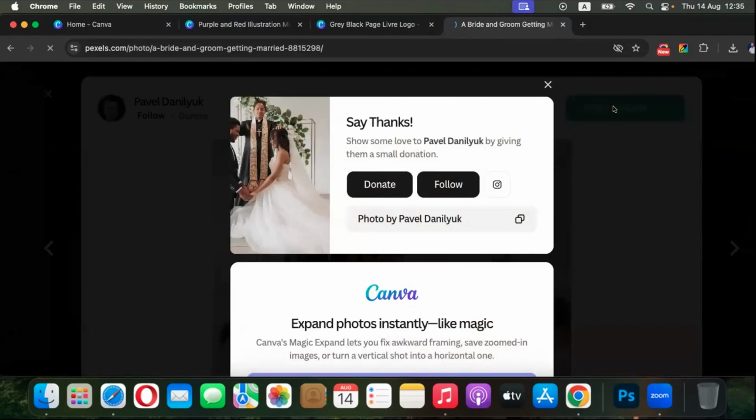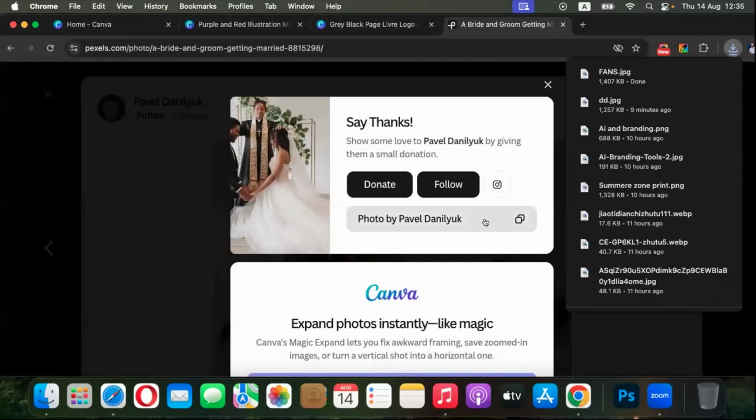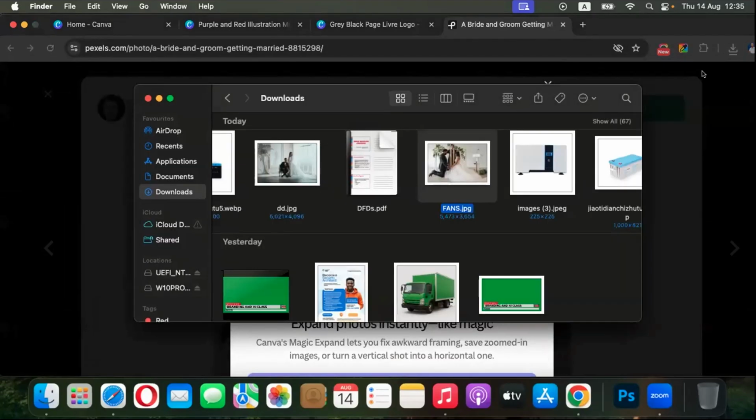So you make sure you download it and have it on your computer, so it will bring you how to rename it. You can rename it like funds. It will be saved to where your default downloads are. Mine are in the downloads folder. So when I say show in the folder, it will show in the folder. When you come to your downloads folder,